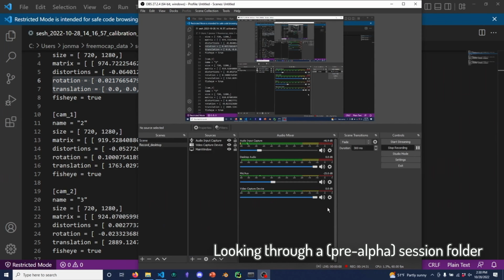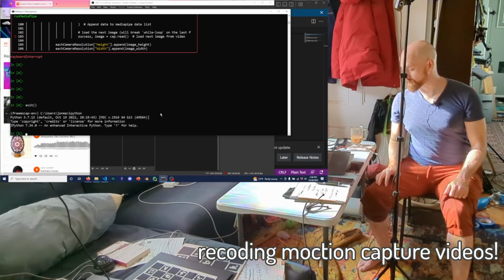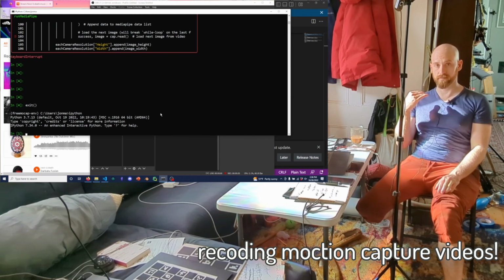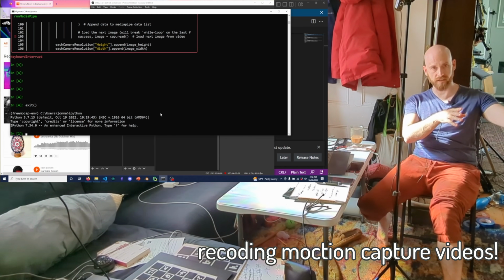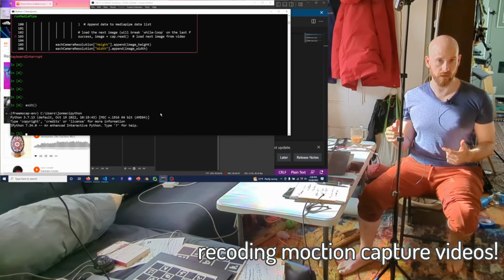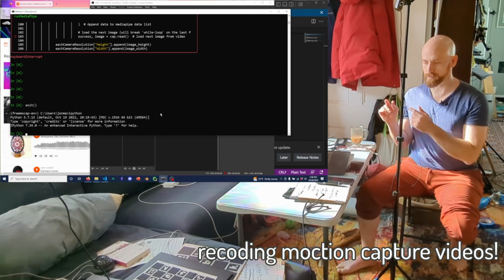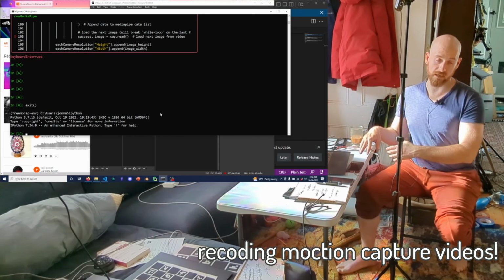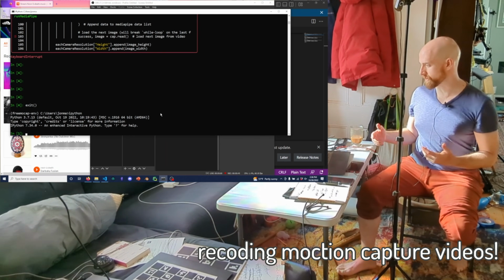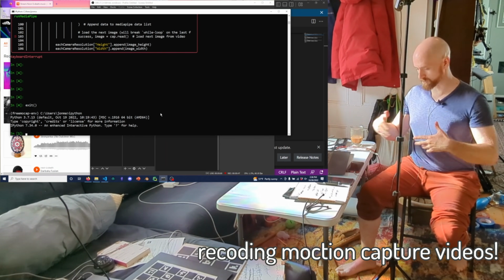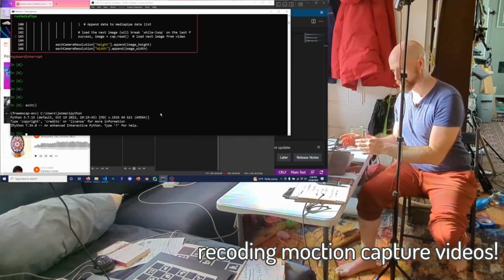And so now we can think about taking the actual motion capture recording. Okay, so now that we have the calibration recorded, now we're going to record the actual motion capture data. So I have my brother over there, and we're going to do the video recording with the pre-alpha, and then once that's done, we'll load everything in, pull everything into the GUI, and then that will hopefully turn through the rest of the data to produce the output Blender skeleton and all that good stuff.